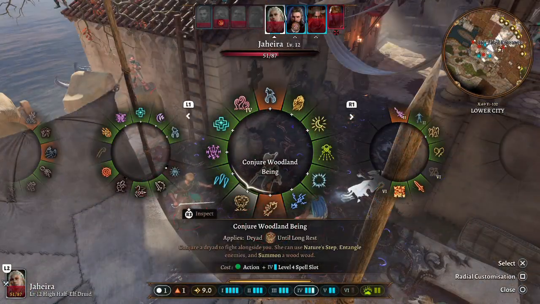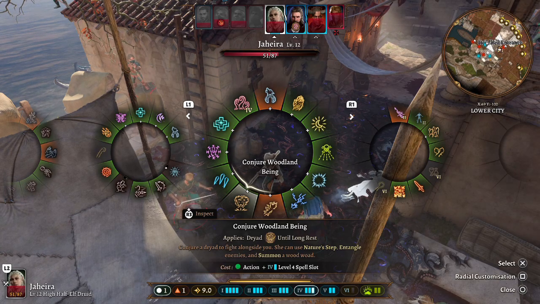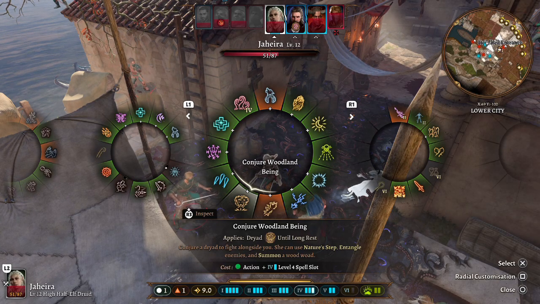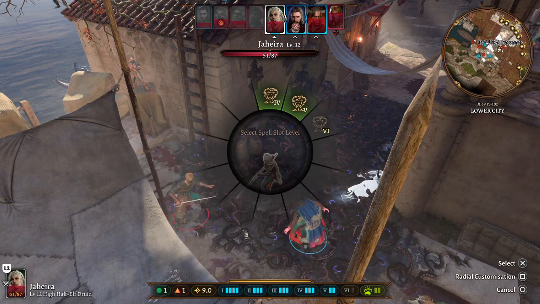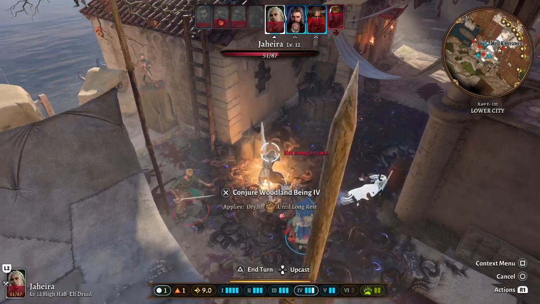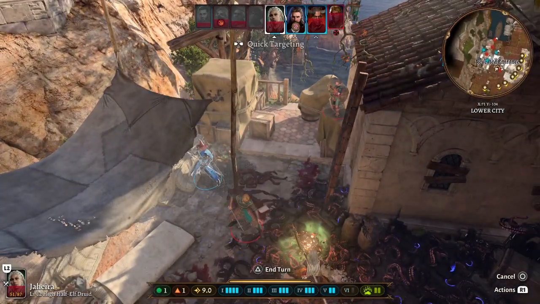Okay, number 5, we have Conjure Woodland Being. Conjure a Dryad to fight alongside you. She can use Nature Step, entangle enemies, and summon a Wood Woad. Now this is a phenomenal spell. I love this, because not only do you get one summon,